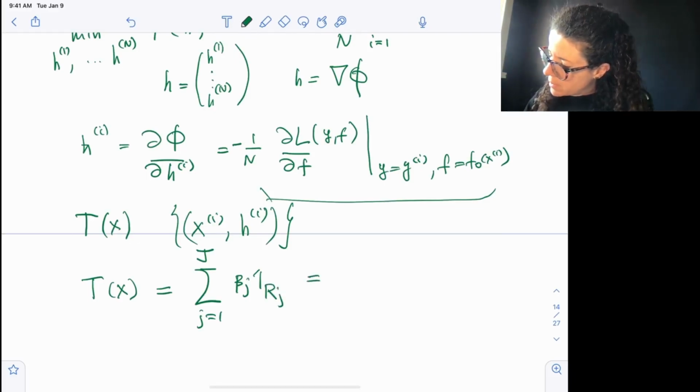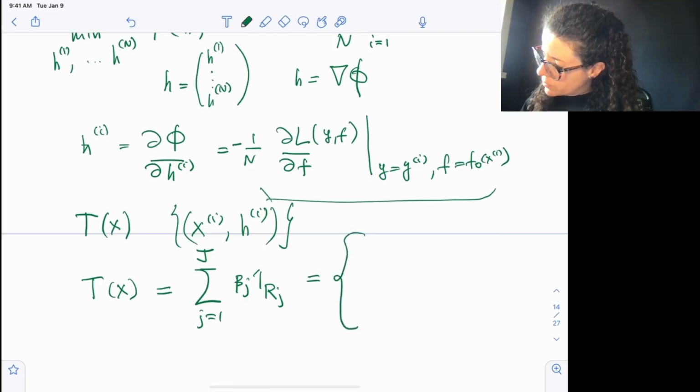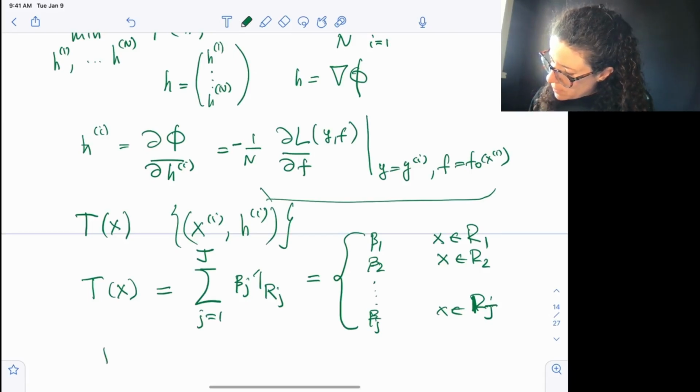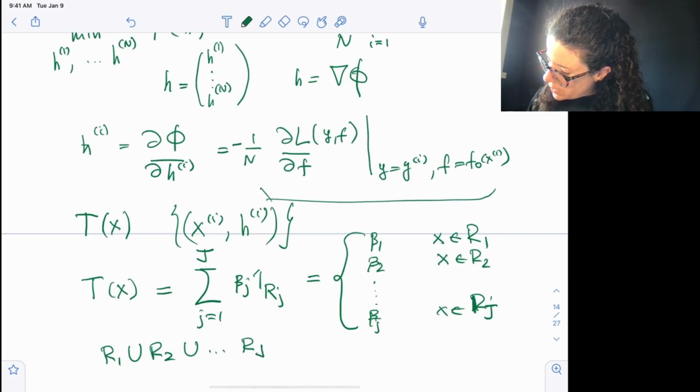So basically, this is equivalent to saying beta 1 for x that is in R1, beta 2 for x that is in R2, and beta J for x that is in RJ. And then we know that R1 union R2 union RJ is all R^d, or the space